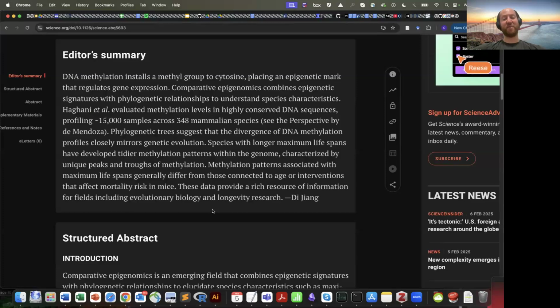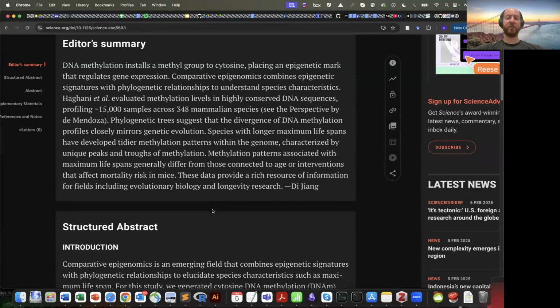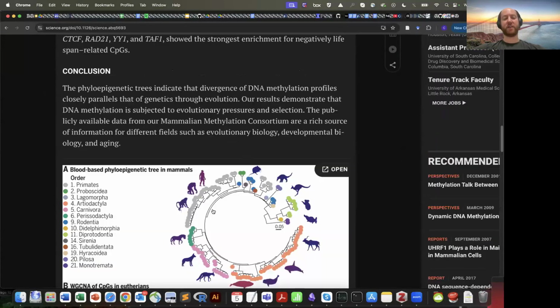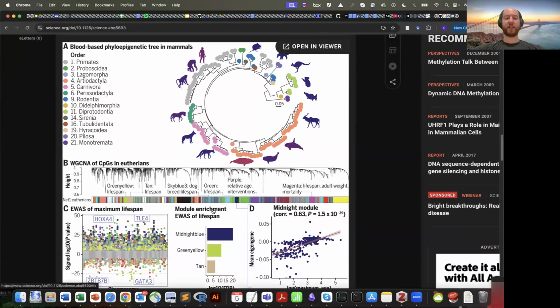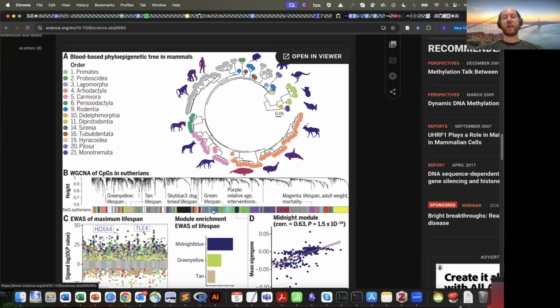Essentially, what we did is we looked at 348 mammal species, and we mapped both the age of the samples and the chemical characteristics of the epigenome. What we found in this huge study is that you can build one equation which essentially takes some chemical information from each mammal and can predict its exact age.